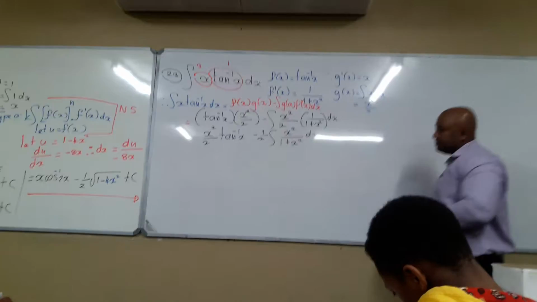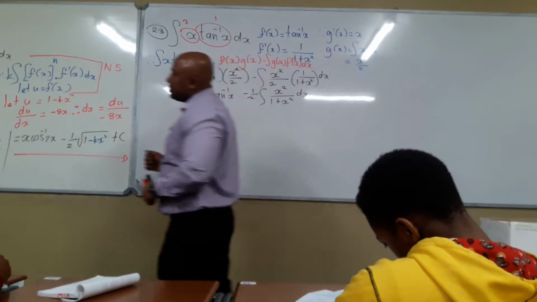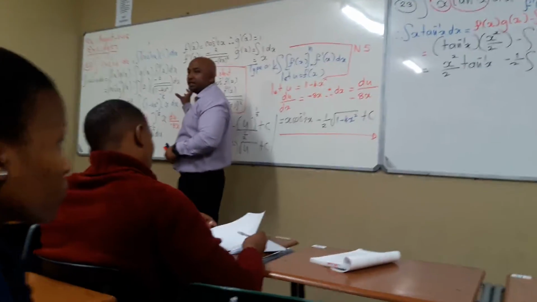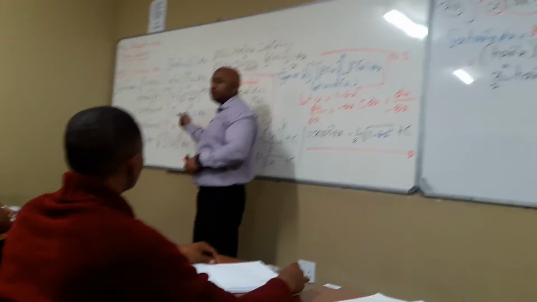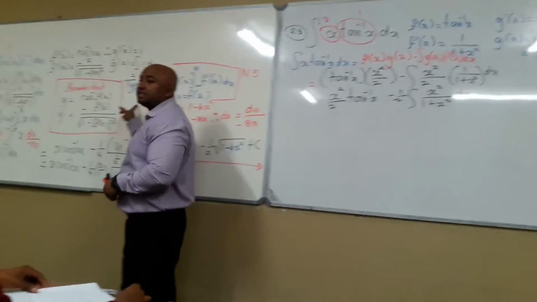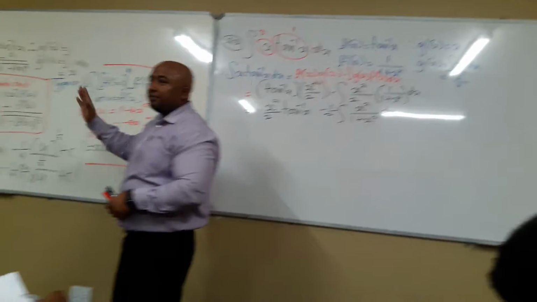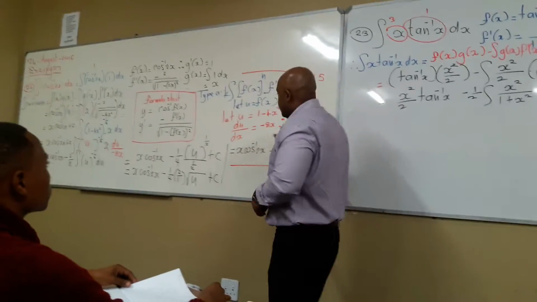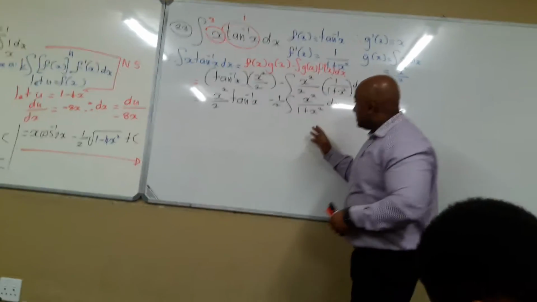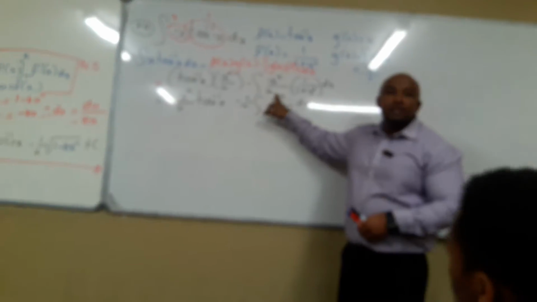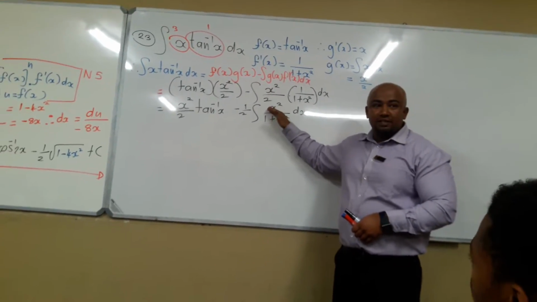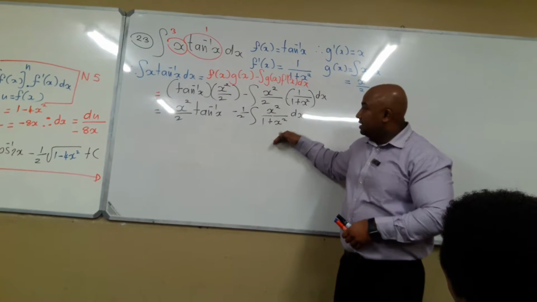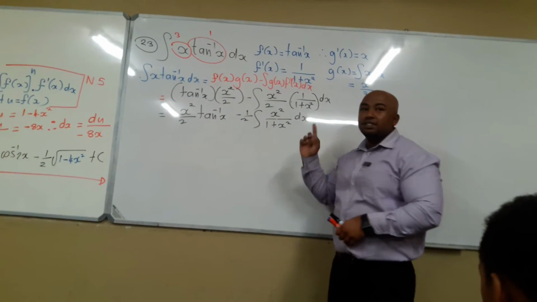Now, yesterday's example, number 21, when we came to this stage, it was type B. This example, number 22, we ended up using type A. So now type A, B, C, and D deals with exact derivatives. Now, the derivative of x squared is not x squared. There is no exact derivative here. Can you see that? So, we have a fraction. There's no exact derivative, so it can never be type B.